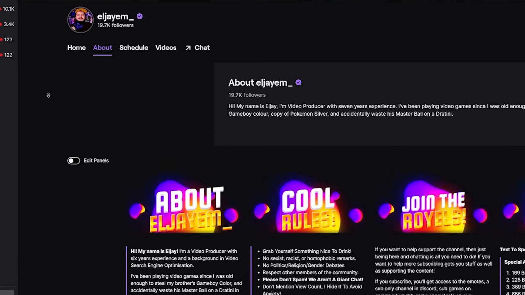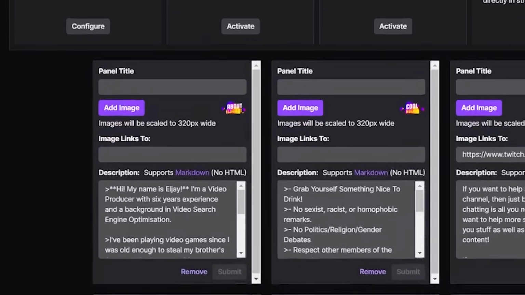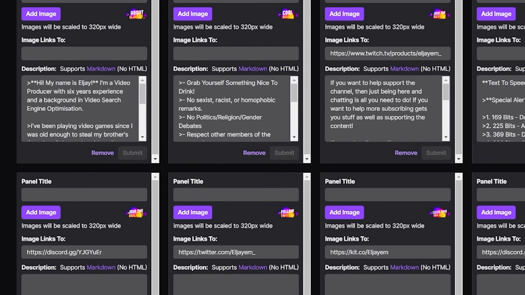If we're going to add a panel, let's head to our About section and let's click on the Edit Panels button. This will open up your editing section where you can upload images and write out what goes beneath them. If you don't already have panels downloaded, then don't worry, there are thousands of different designs out there that you can grab. You can either buy them from Owned, like we said at the start of the video, you can grab some freebies from our website over at streamscheme.com, it's linked in the description, or you can grab the freebies from our Discord as well.